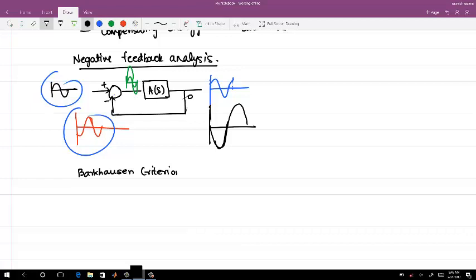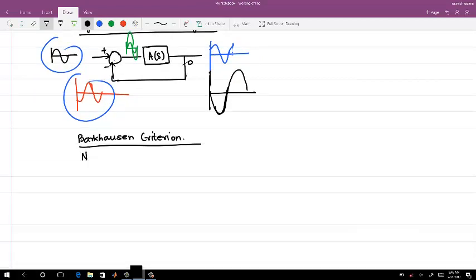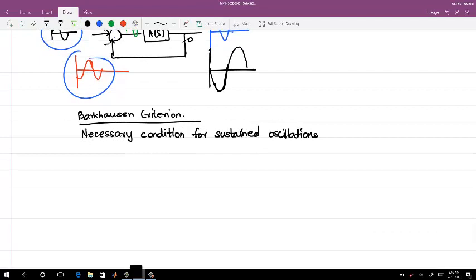Okay. And this actually states the necessary condition for sustained oscillations in a feedback system. Okay. So the condition is that